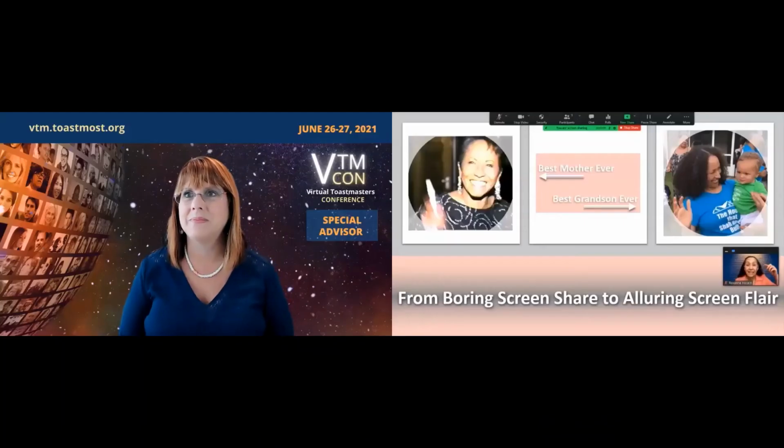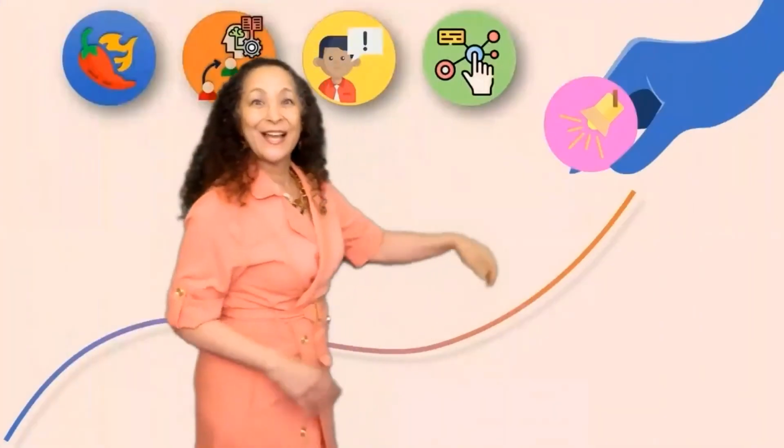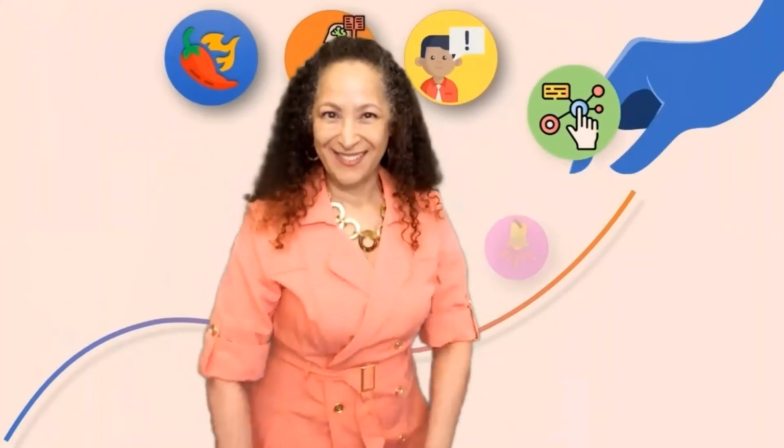How do you go from boring screen share to alluring screen flare? By adding movement to your content and making it your background. What's the difference? The spotlight stays on you. You can interact with your content. How cool is that? Just like in the movies, movement and scene changes will help keep your audience's attention, which